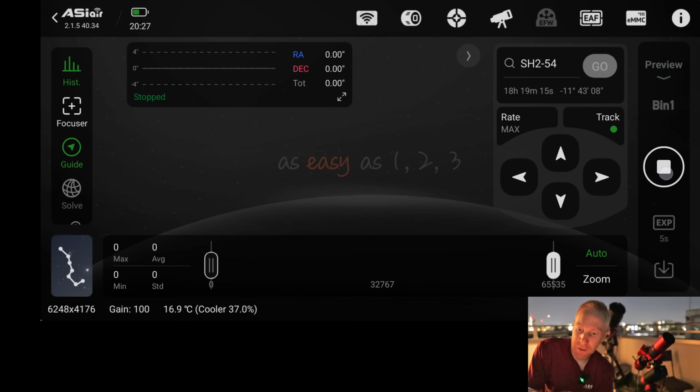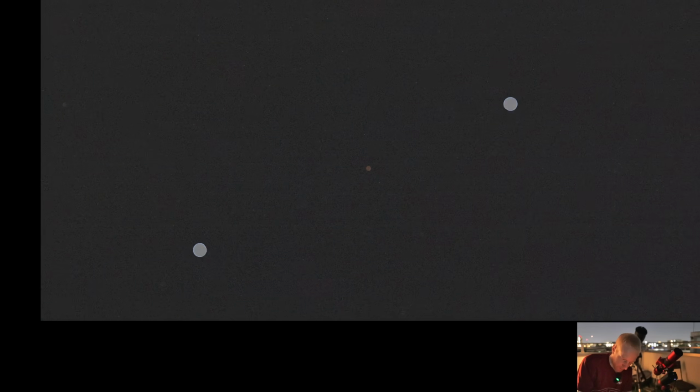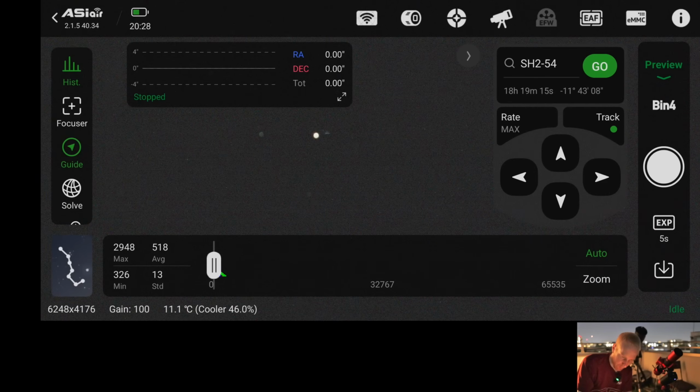Okay, so now let's try to take one exposure, a 5-second exposure. Normally my scope is actually fairly well in focus, so we should be seeing some stars. And it is downloading the image from the camera. And you can see we see some stars, but they're a bit out of focus,